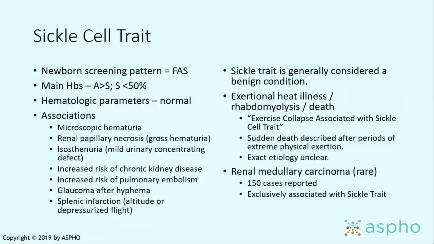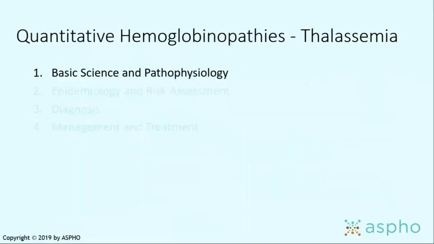There's also a very unusual cancer called renal medullary carcinoma. There's only about 150 cases reported and it exclusively occurs in individuals with sickle cell trait. They looked at putting a screening program in place, but as I mentioned, 1 in 13 African Americans has sickle cell trait. You'd have to screen millions of people to prevent one, so it didn't meet the criteria for a good screening test. Okay, so we finished our sickle cell disease, and we're going to move into thalassemias,